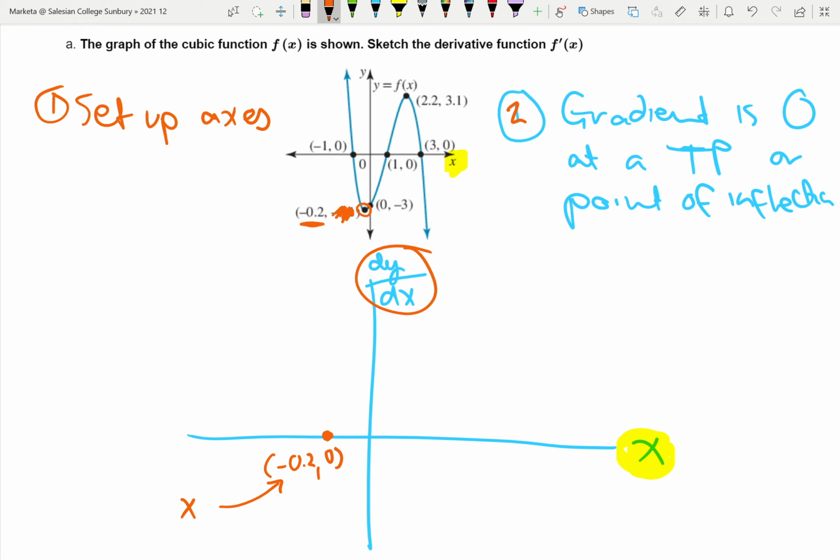Let's rub that out. So really we're looking now at gradient, and at a stationary point, the gradient is 0. The next stationary point is here. And again, the y value is irrelevant because we're not doing it against y, we're doing it against a gradient. The gradient is 0 when x is 2.2. So I'll put that here. So there's my second bit. So I've done the axes, I've done the stationary points. Now I need to